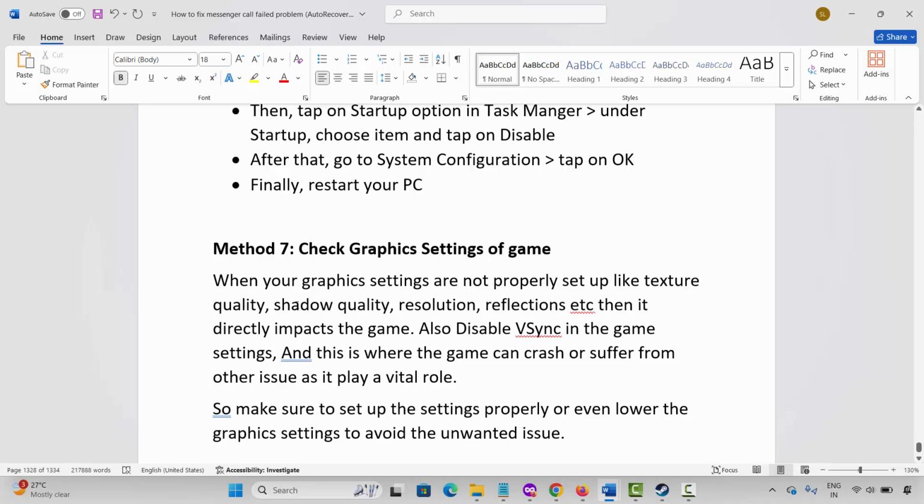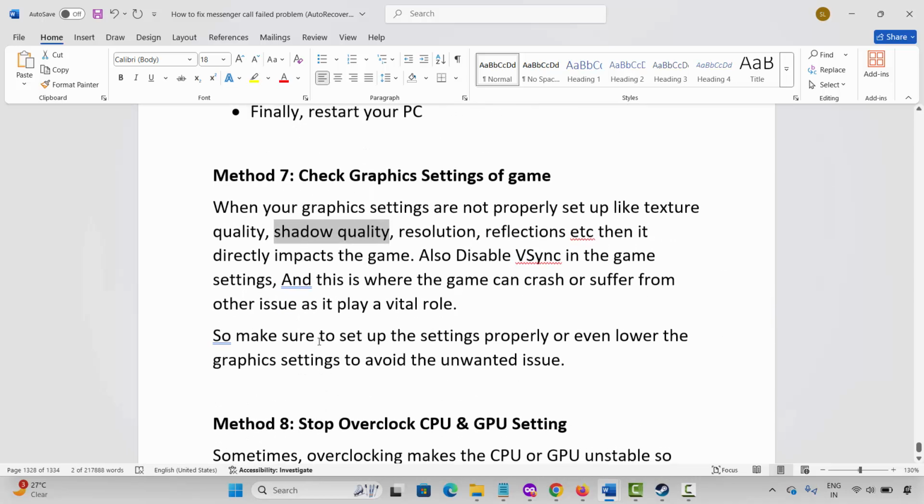So when your graphic settings are not properly set up, like texture quality, shadow quality, resolution or other things, then the game can crash or suffer from other issues. So you are suggested to set up the settings properly or even lower the graphic settings to avoid any kind